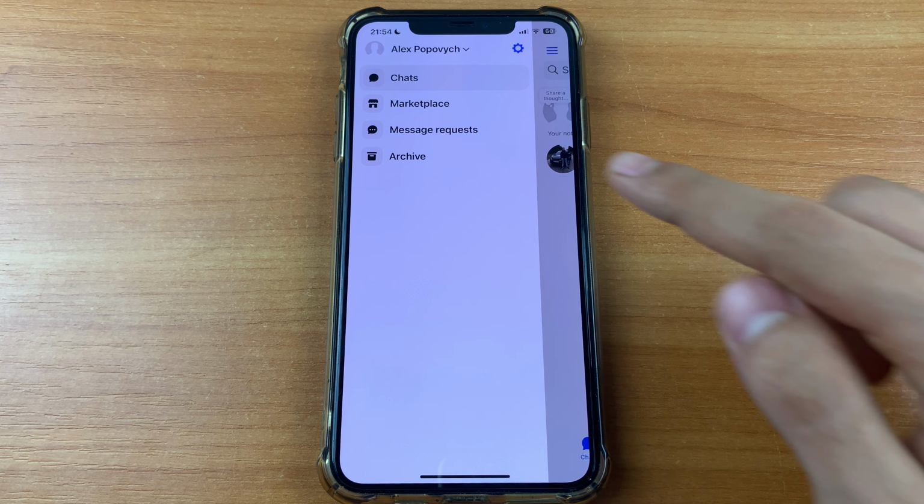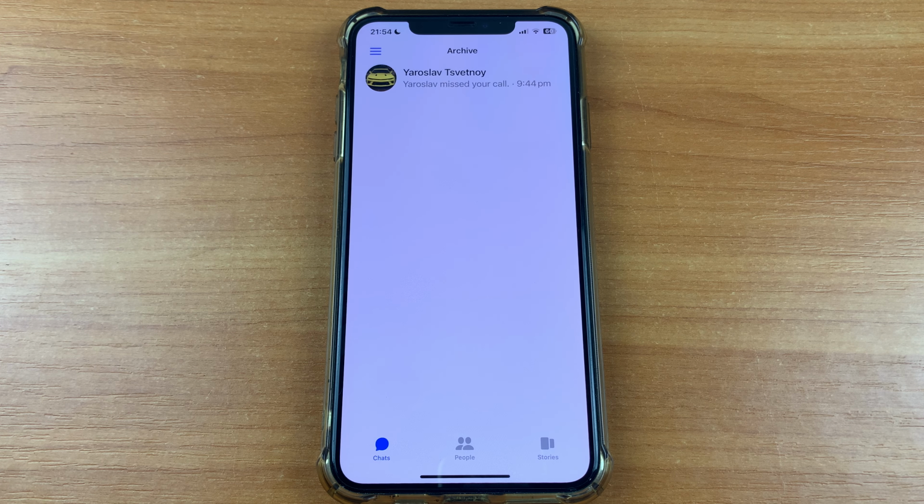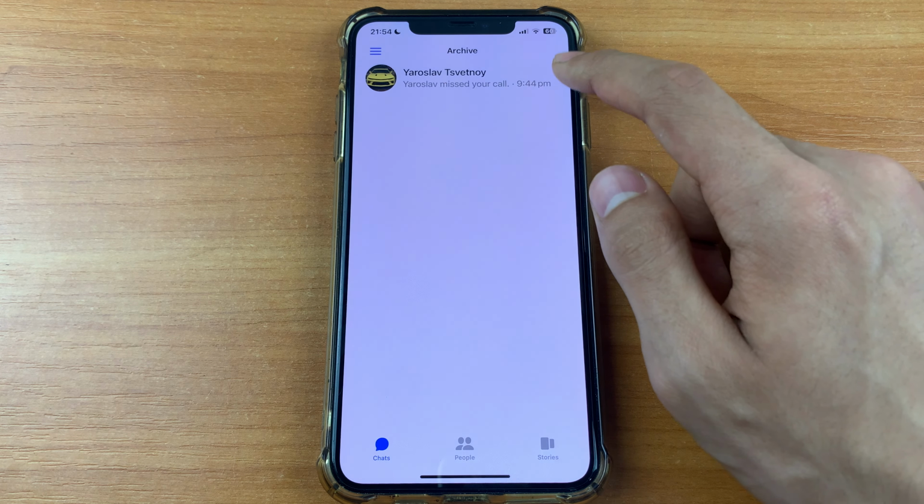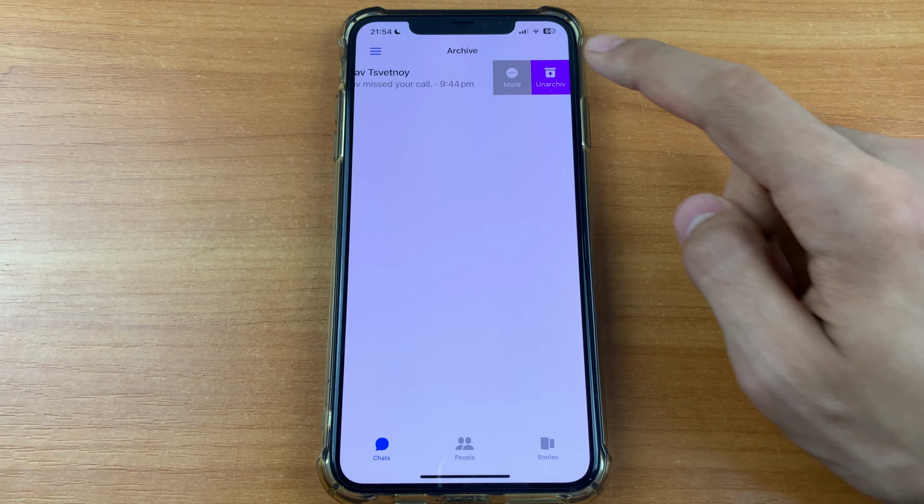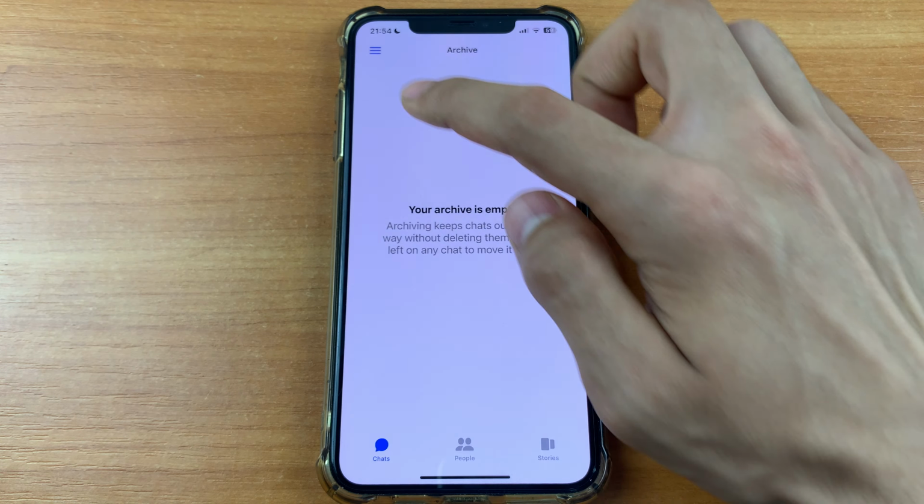After that, click archive. And here you can find and check hidden messages in Messenger. If you want to unhide, you must swipe to left and click unarchive. And now we can go back to chats and find these messages here.